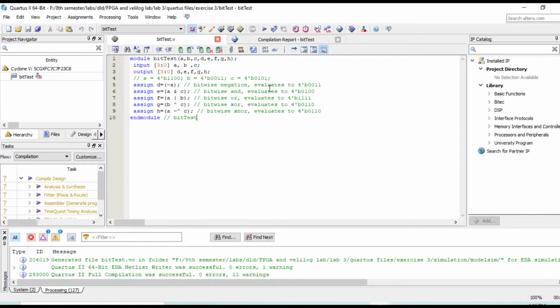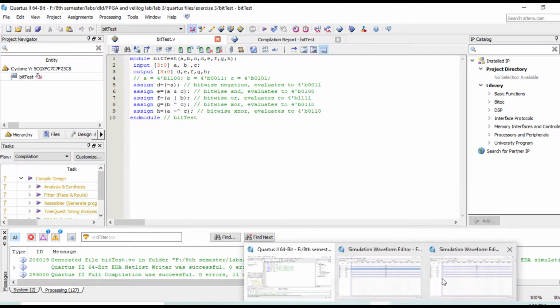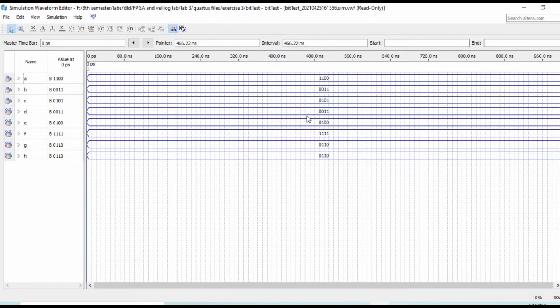And here you can see our value of D is 0011, and our value of E is 0100. First we verify, and here you can see our value of D is 0011, and the value of E is 0100.